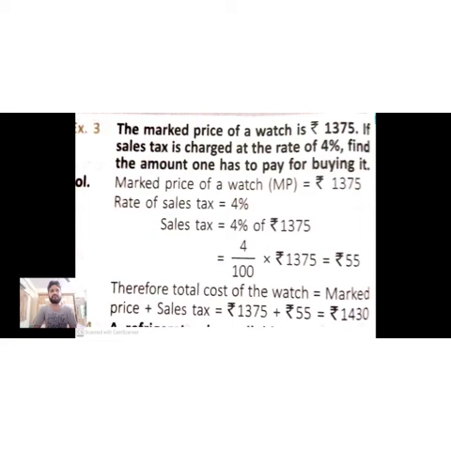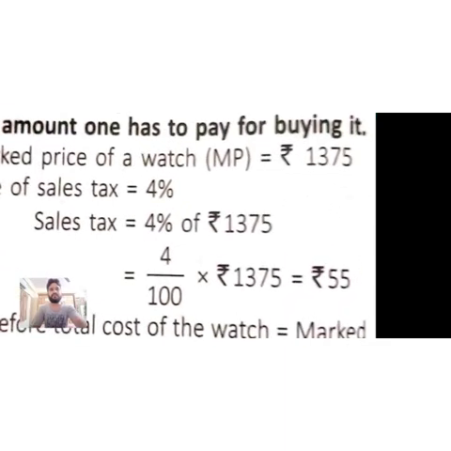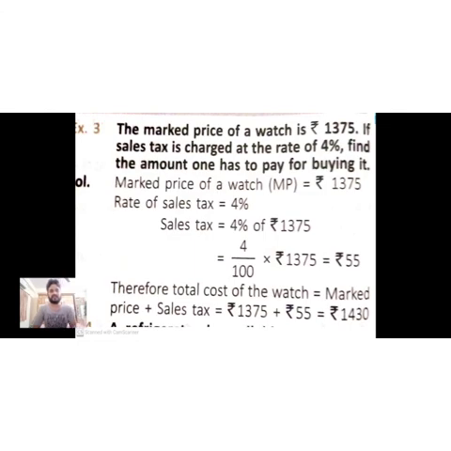Now we move on to the assignment. I will give you an assignment as a Word file for this chapter, and in that assignment I give you 10 questions, 5 for discount and 5 for sales tax. You have to simply write out the formula, find the values, and then add or subtract. To find the discounted price you have to subtract, and for the selling price with sales tax you have to add.